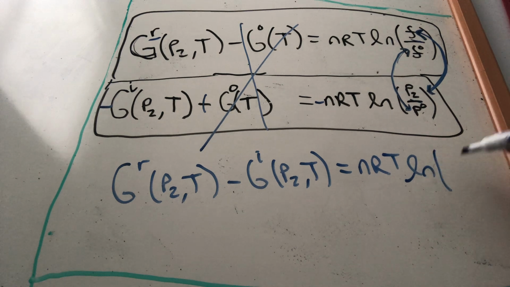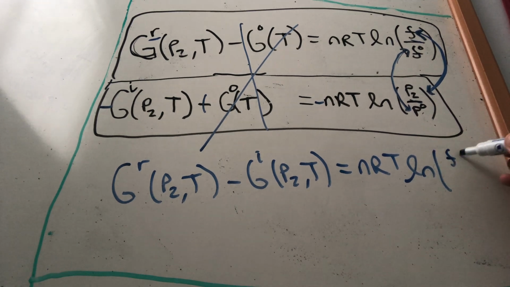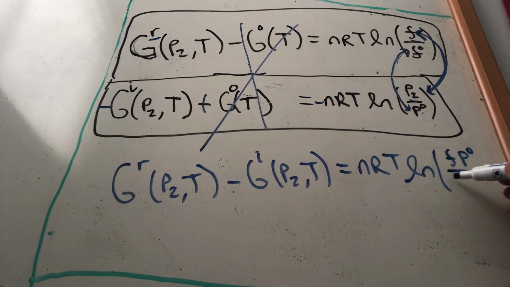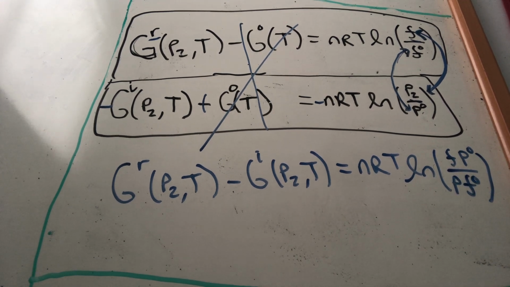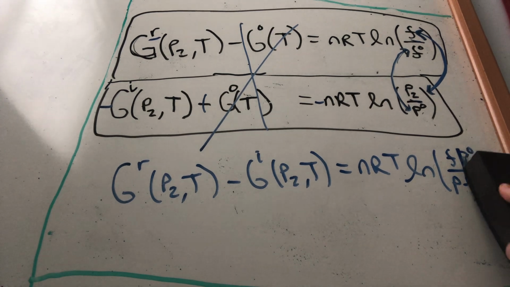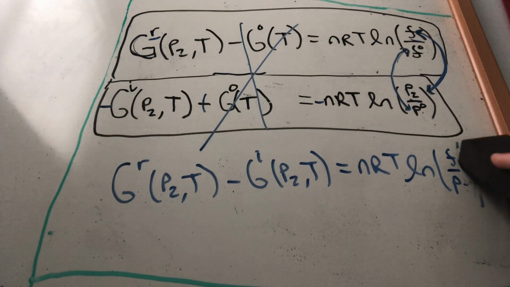So I'm going to have the natural log of F P naught over P F naught, using our natural log rules with subtraction. So fill in the blanks there if you have to. I'm going to use that P naught and F naught are equal to each other, and I'm going to cancel those out there. And what I'm left with is this incredibly important expression that tells us